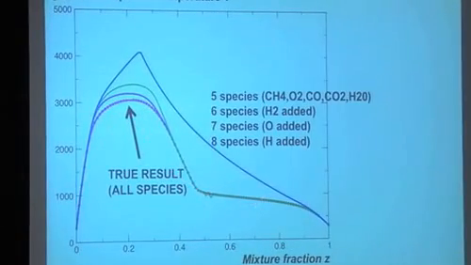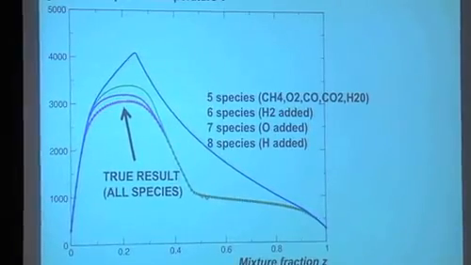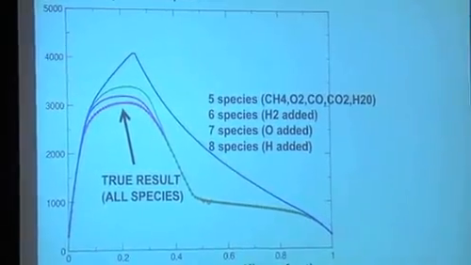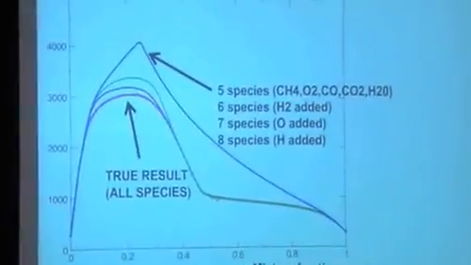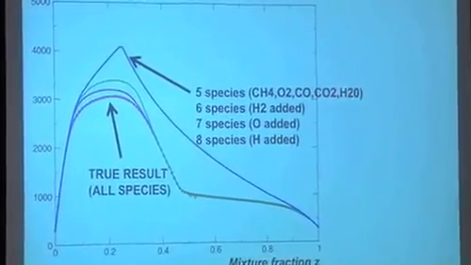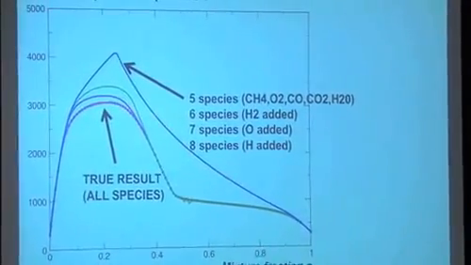curve you should have. Now, if you want to mimic it, it's not even a problem of number of species. As you know, the adiabatic flame temperature does not depend on the kinetic scheme. It depends only on the species that you use, because it's an equilibrium computation. It does not depend on the speed. So for example, if you start with only 5 species, CH4, O2, CO, CO2, H2O, which is what we use for methane air flames, well, it's really bad.